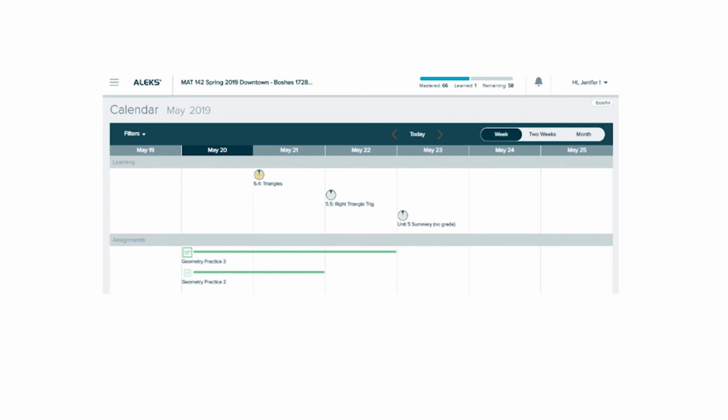Knowing how to navigate your AlexPy objectives and assignments will help you be successful in this course. Use the AlexPy to check your progress, and use the calendar in order to meet your deadlines. Remember, you can find additional tutorials and help videos on McGraw-Hill's website, as well as technical support via phone, email, or chat.